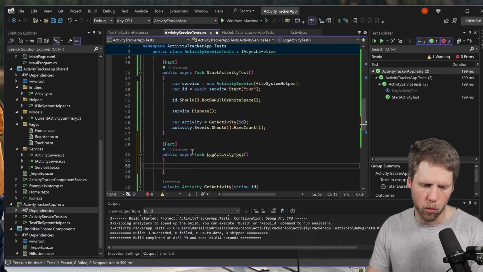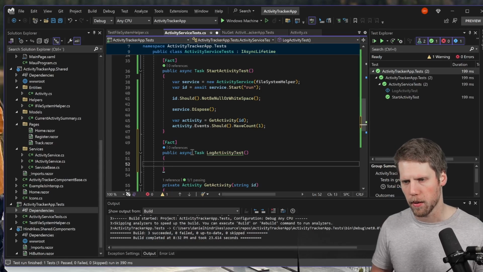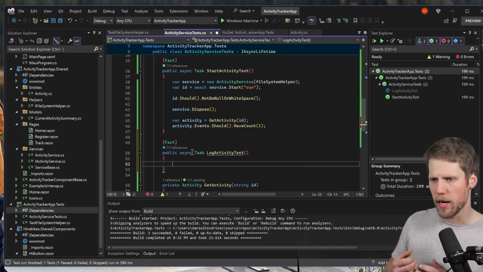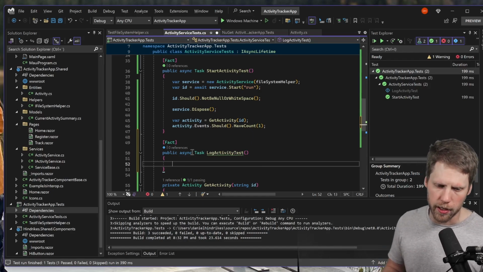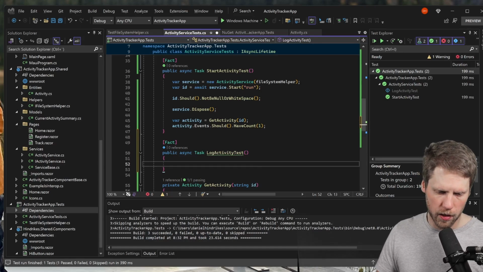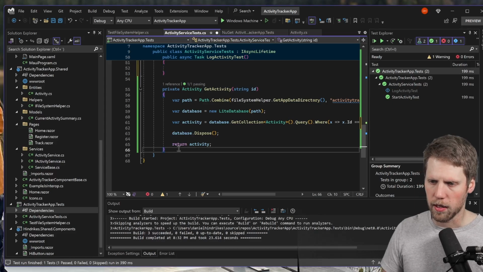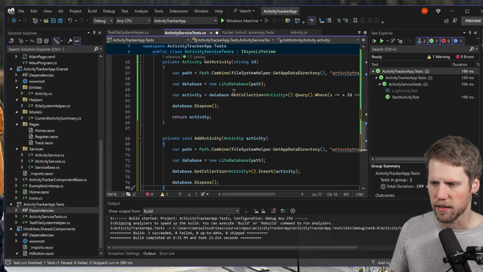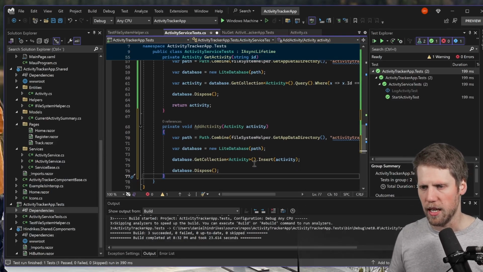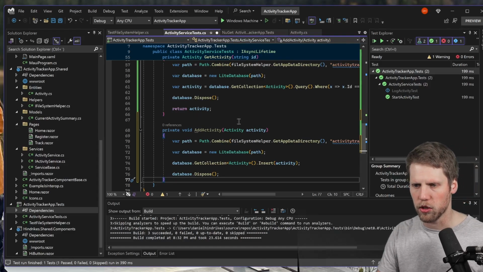And now we should start the test by adding some data to the database, because when we log data, we want to make sure that we have a state where the activity is created. So we also create a new method here, AddActivity, that we can use for other tests as well. That's the reason I prefer to create those helper methods outside of the tests, so we can reuse them in multiple tests. So AddActivity. Here we have more or less the same as in the service, but in a controlled environment. So if we want to change the test, we can do it